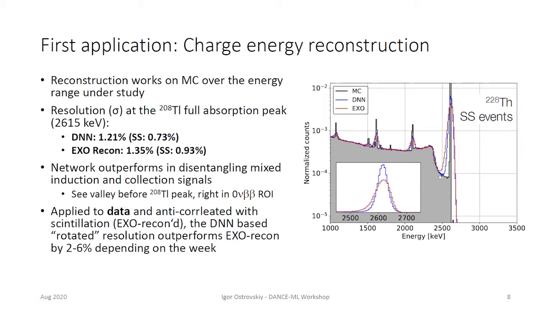And when we started digging to understand what exactly happened, we realized that a deep neural network is doing a better job at disentangling a very intricate detector effect that, by the way, only happens at those large energies. There is a particular physical or detector effect that turns on roughly from 1 MeV and becomes really prominent at 2.5 MeV, which is our region of interest, where the charge cloud that gets deposited on a particular wire can also induce charge on neighboring collection wires. And this creates actually,